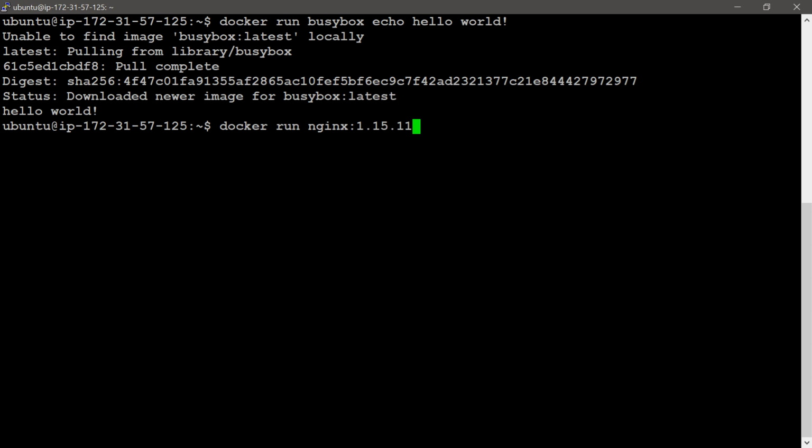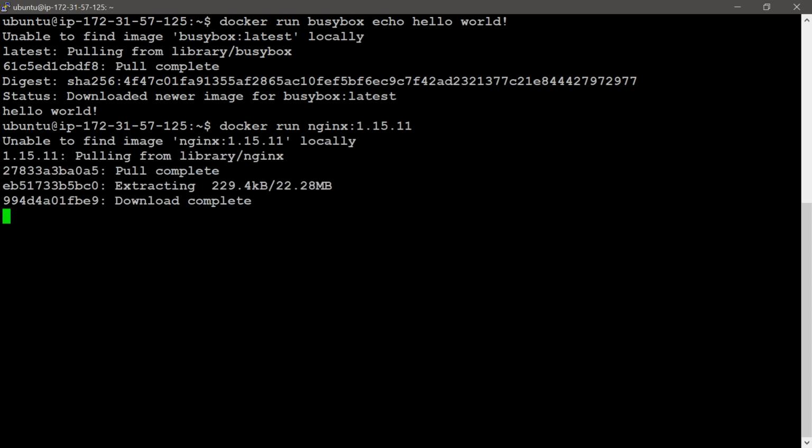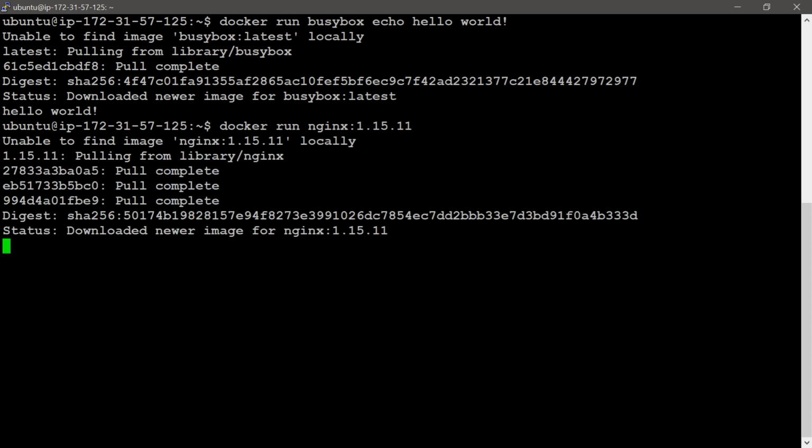Then I am going to run it, but there may be some errors with this. We'll check whether it downloads and runs. Sometimes it gets stuck. I'll press Control C. I am giving nginx as an example only. In real time you can use your own image with a tag. In between we need to provide a colon.